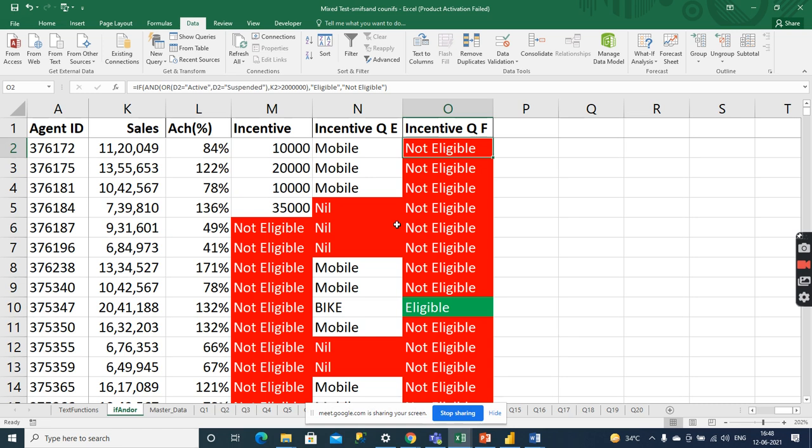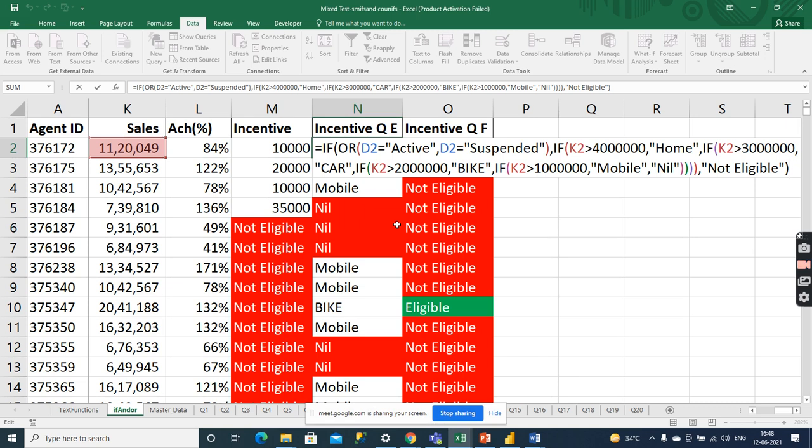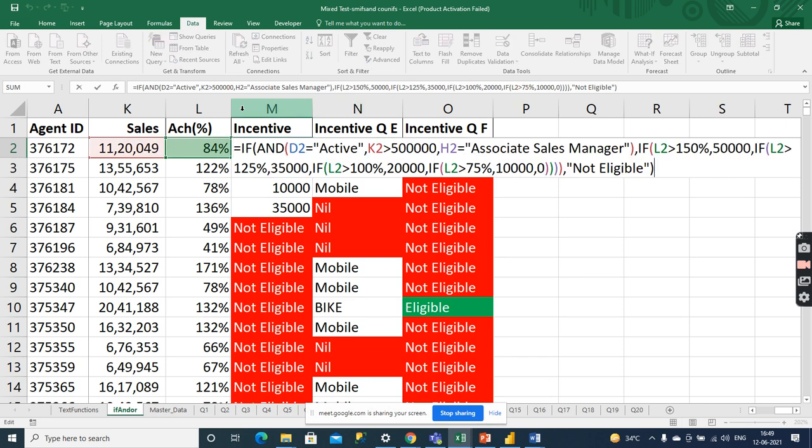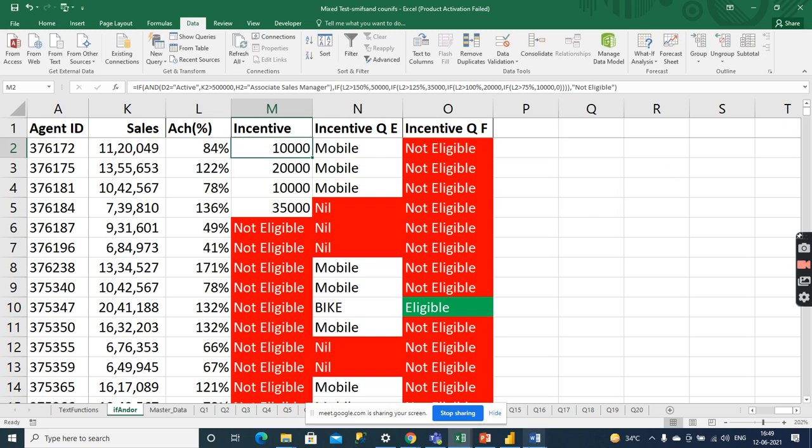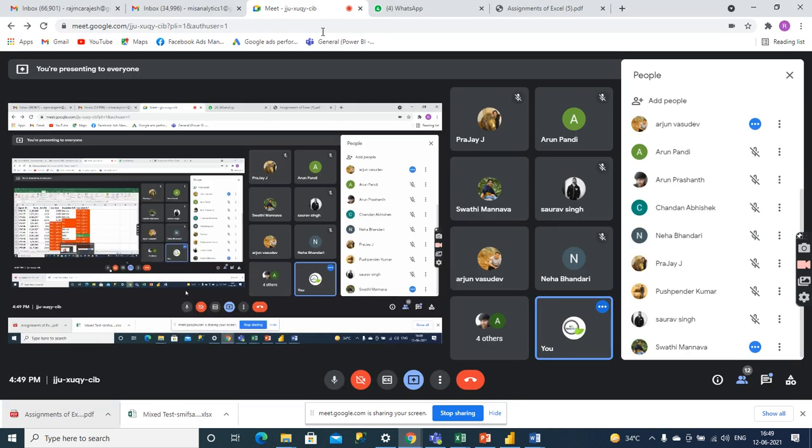Rajesh, can you go to column N2? I would like to see the formula, please. N2, yes. N2 is this. And Rajesh, also M2 after this. You could just show the formula of M2. Where is the small element? So I am sharing this formula on WhatsApp also, right? So if anyone wants to take it, you can take references.